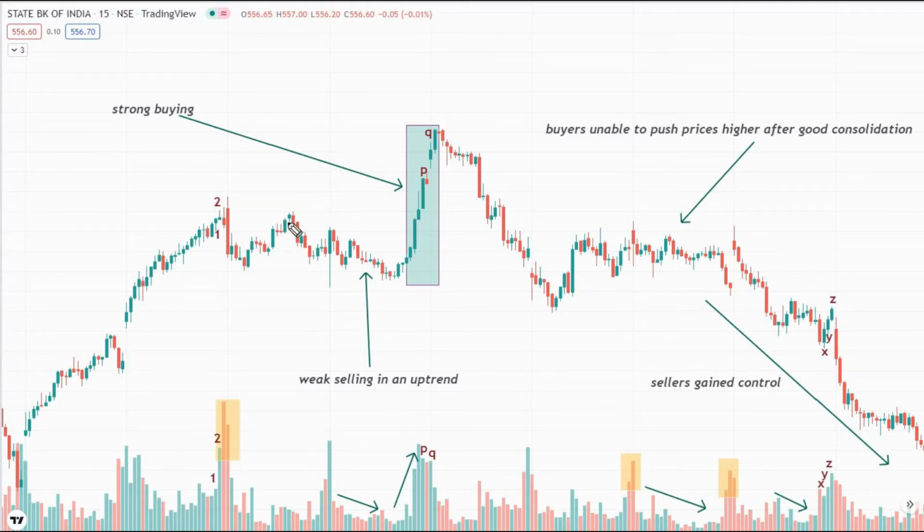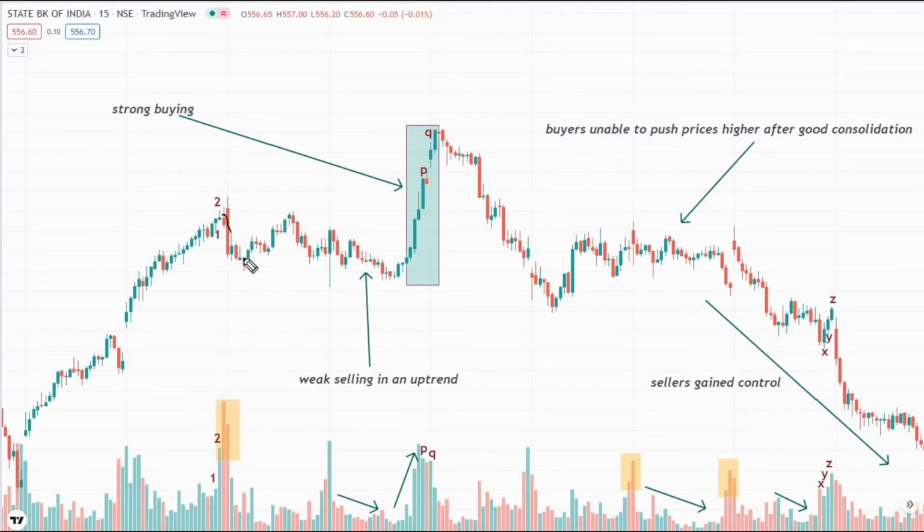Now again sellers push the prices towards the downside, but they couldn't break this important swing low. Again sellers tried, but again buyers defended this level. Again sellers tried, but they are not able to break this important structural level and continue the downward momentum. And